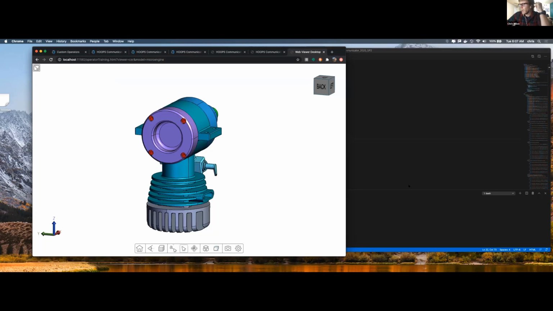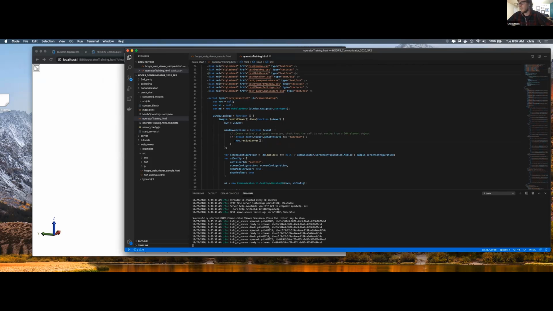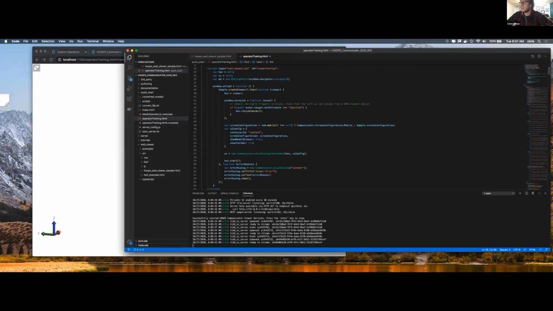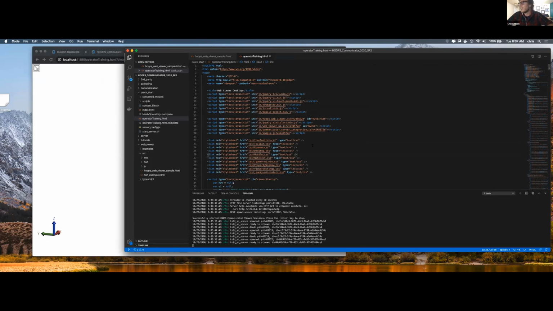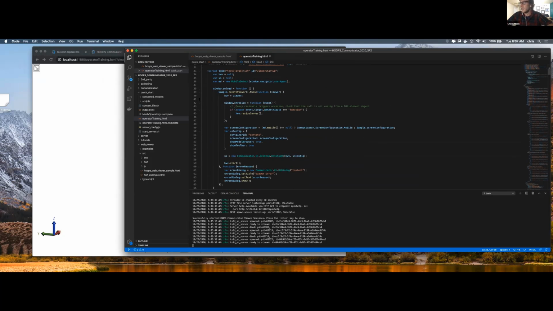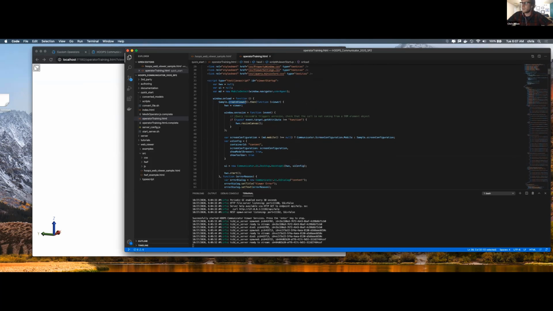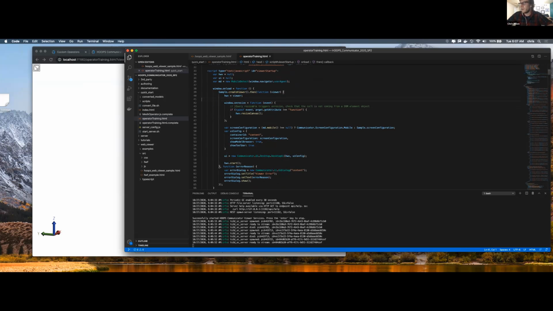So maybe I'll pause here for a second just to make sure everyone's got a working version of this HTML file. And while you're trying to get it set up, I'll walk through exactly what's going on in here. You can see the code's pretty concise, at least the JavaScript. All we're doing is, when the window loads, we're creating a new viewer. And you can take a peek into these functions. This is coming from the sample.js file up here. Just spinning up a new viewer, getting a handle to that viewer,